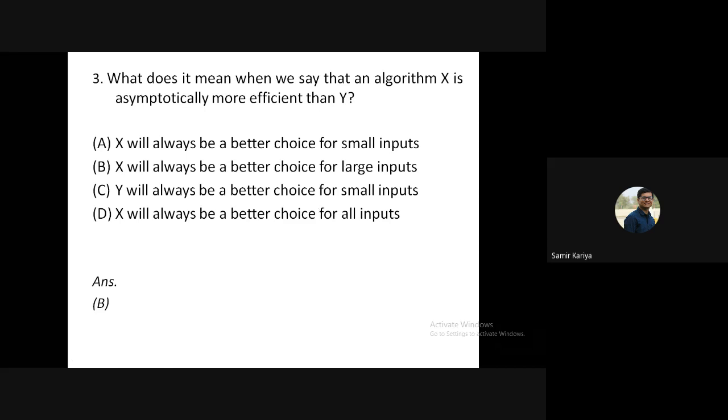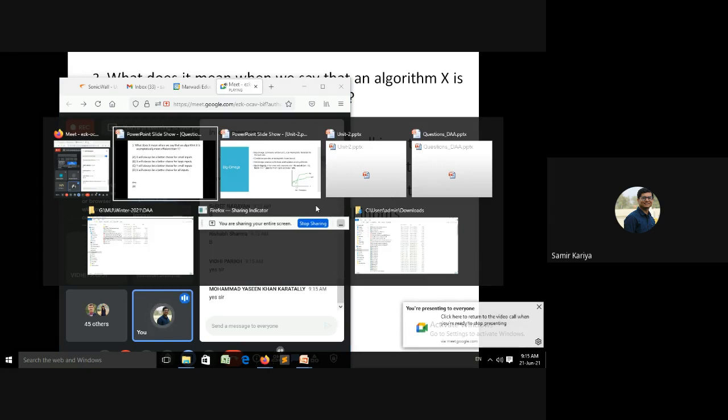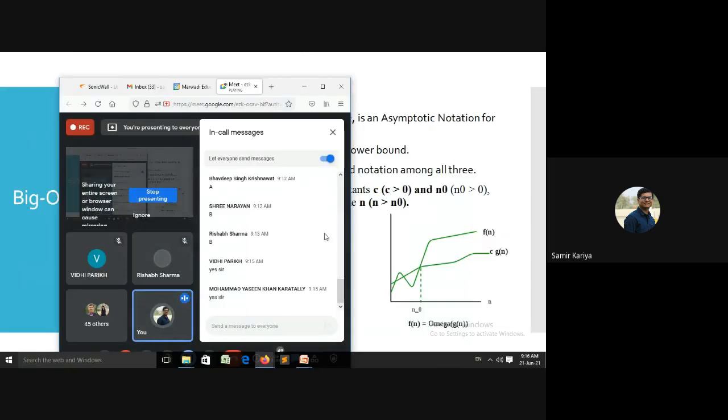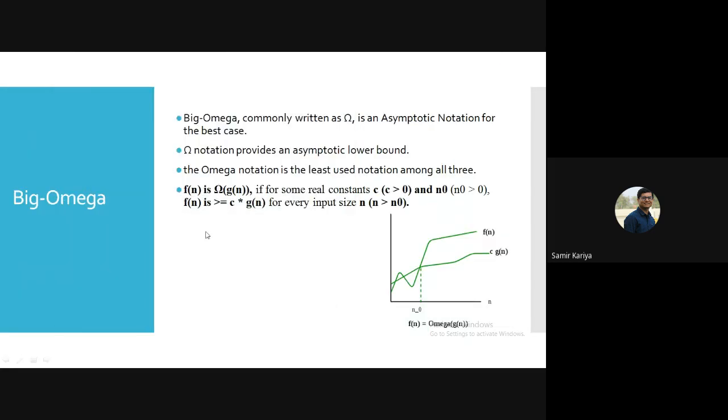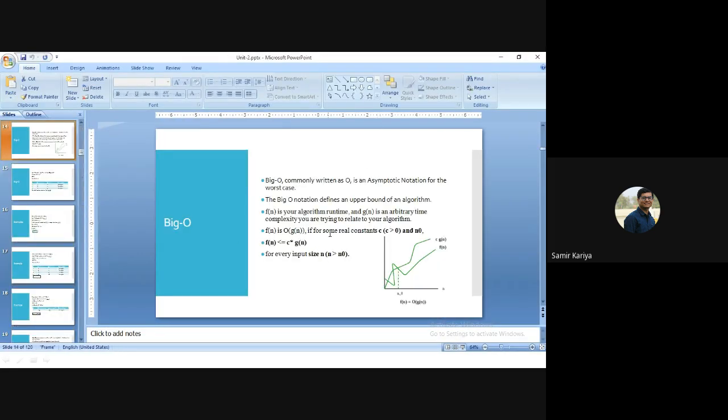I hope all of you are clear up to this. Or is there any query in this question 3? Yes, clear, sir. Correct. Okay, good. If you have any doubt, you can ask me anytime. Next question. Okay, but only 3 questions up to this one. So let's move to our PPT, and let me close that.